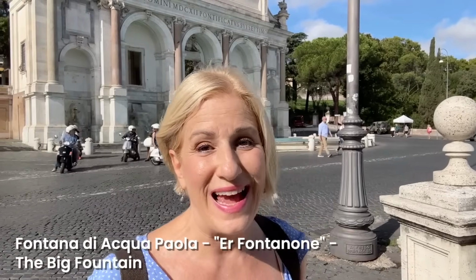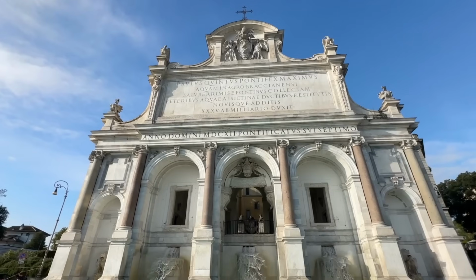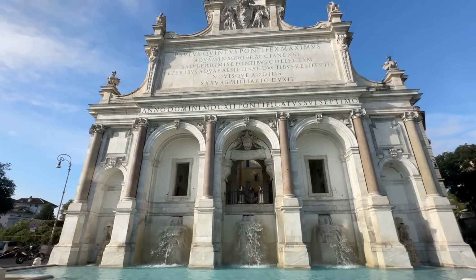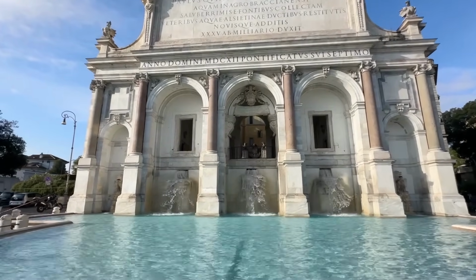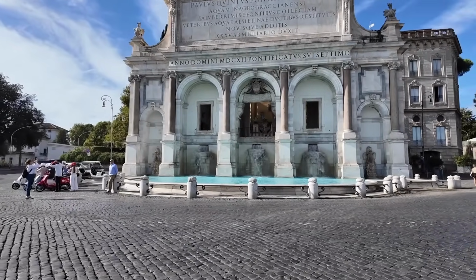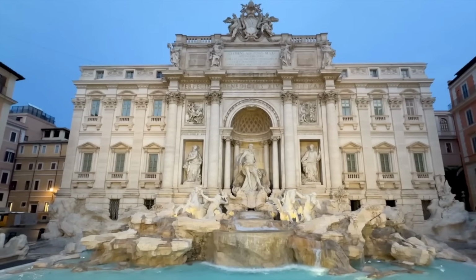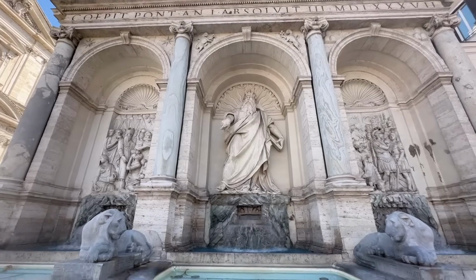So the Fontana di Acqua Paola, or Fontanone as it's called in Roman dialect, which means the big fountain, is the fountain you see just behind me. This type of fountain is what's known as a monumental fountain because it marks the terminus of an aqueduct. Two other famous monumental fountains that we have in Rome include the Trevi Fountain and the Moses Fountain near Piazza